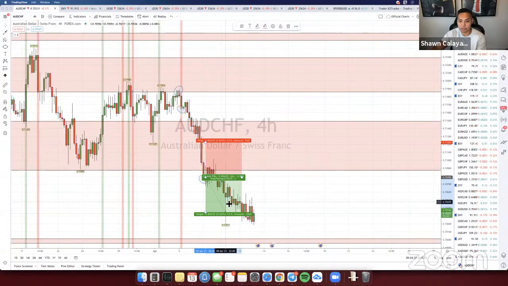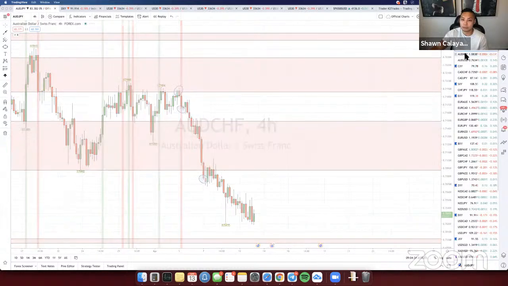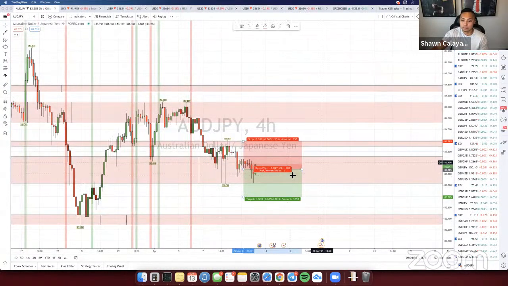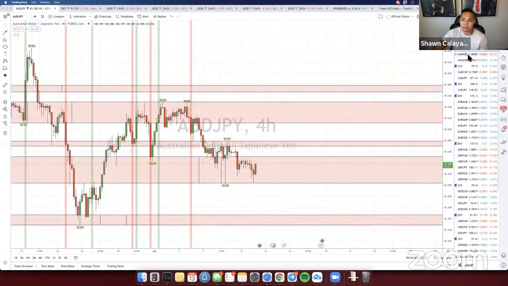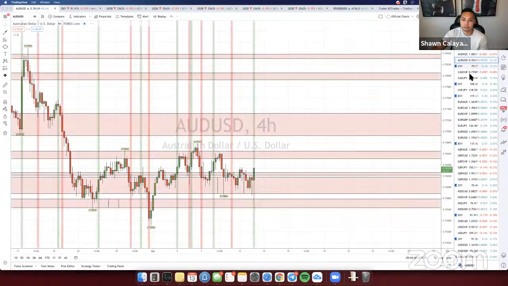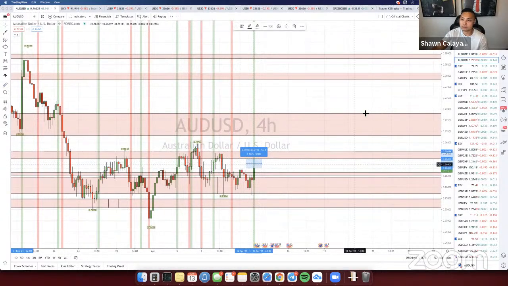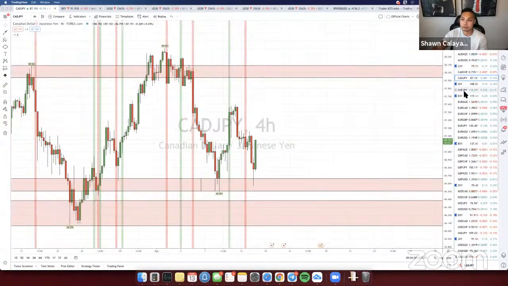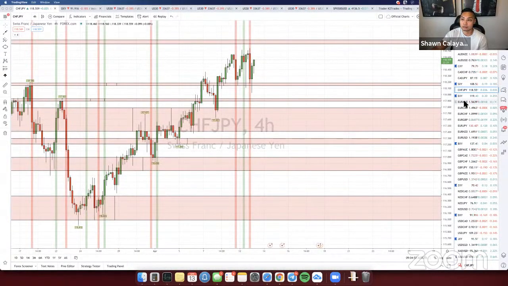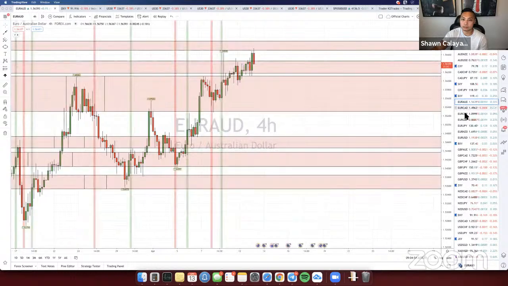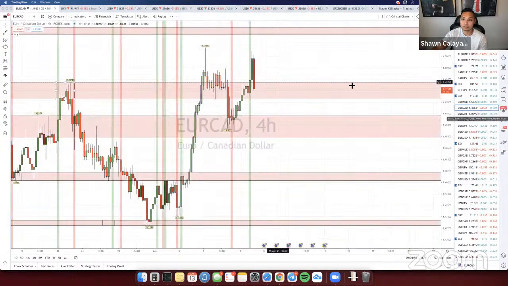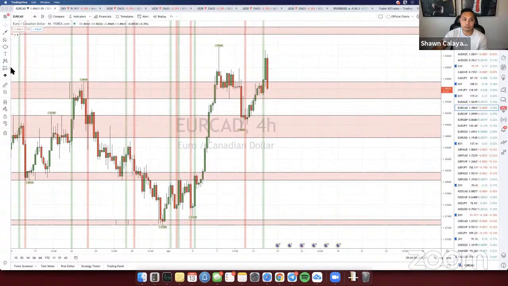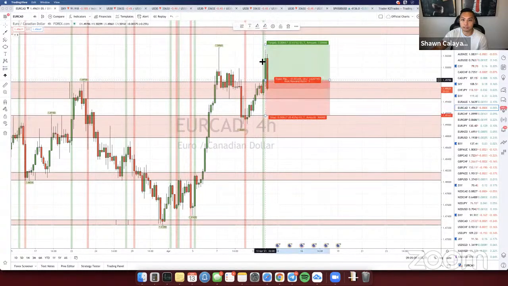And I'm just going to scroll through here and see if I see anything over here, but we just don't really see anything that's available right now. So let's see. AUD USD, possible buy entry right there, but it's only 16 pips. It's not really worth the risk. CHF JPY. Yeah, see, like they have some entries here that are available, but